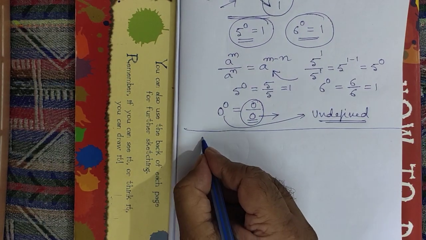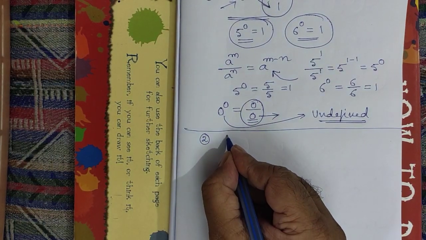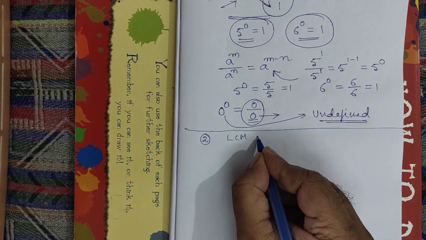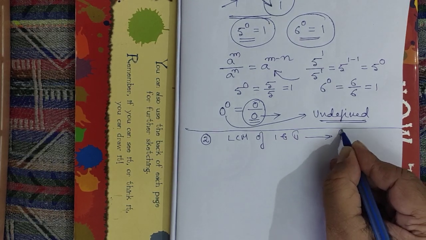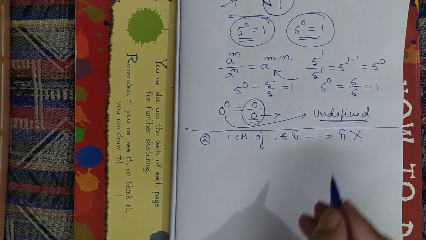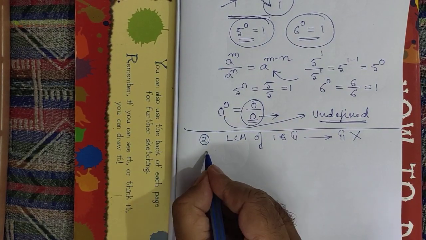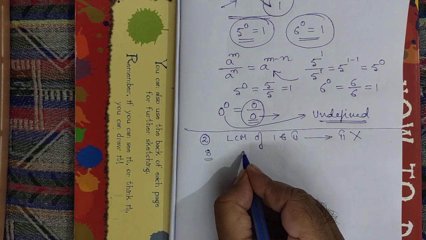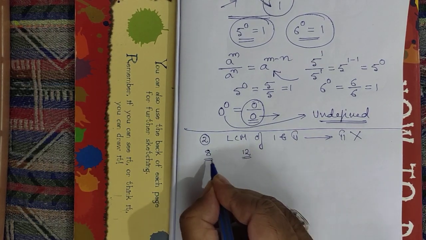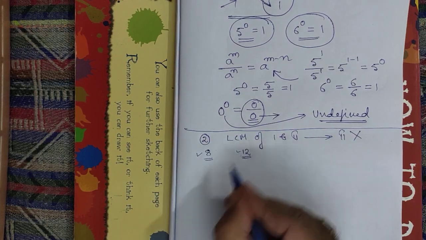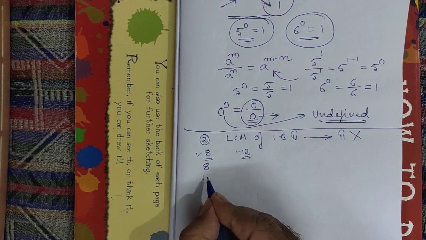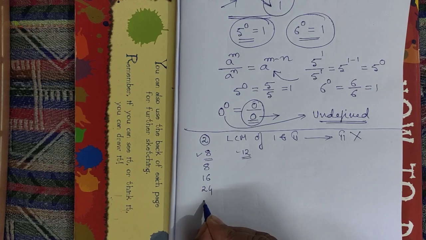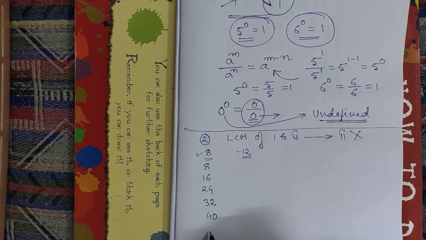Secondly, one more common mistake. If I ask what is the LCM of 1 and pi, the very common answer is pi, which is again wrong. Let me explain. Suppose I write a number 8, I write another number, say 12. I would like to find the LCM of 8 and 12. For this, let us write the multiples of 8. 8, then comes 16, 24, 32, 40, 48. In this way, it will move infinitely.